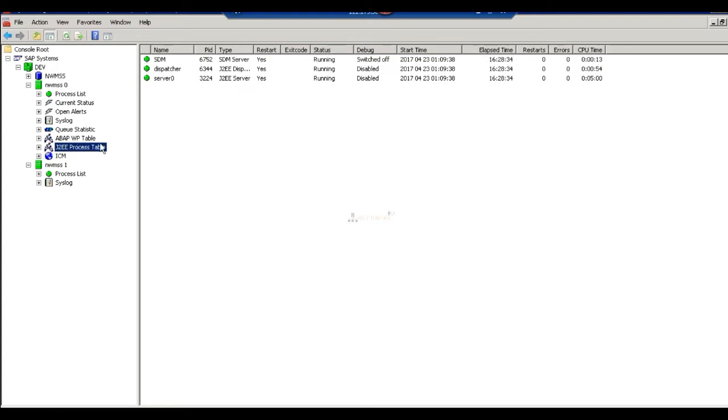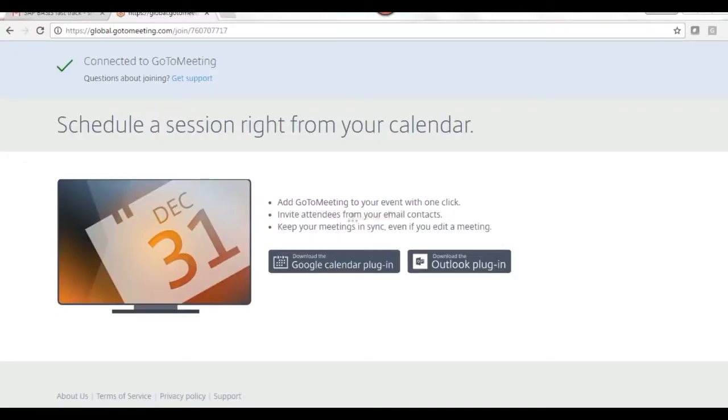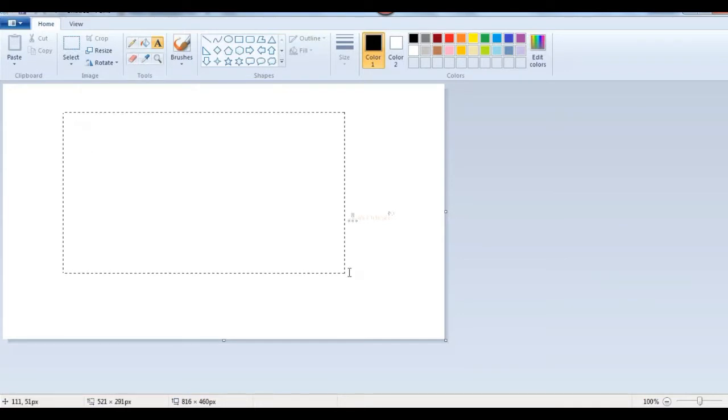This Java process table was not there in yesterday's MMC. Yesterday we discussed the MMC, right? Yes. So the Java process table was not there. I will tell you why. The reasons are,